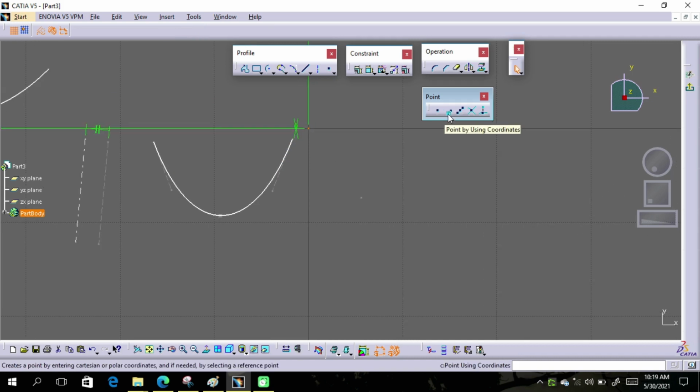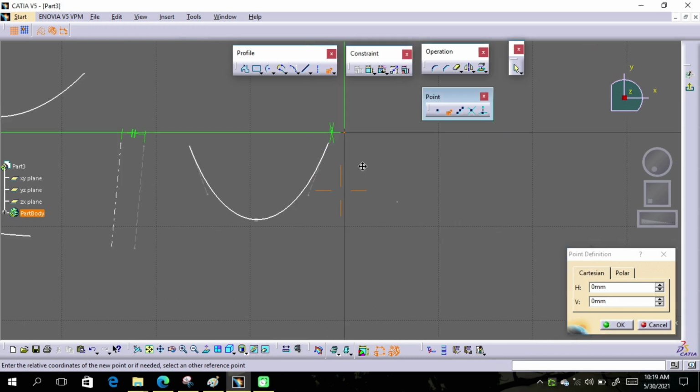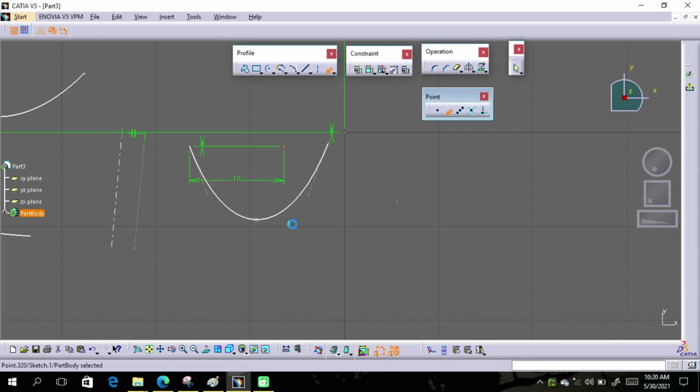Next option is point by using coordinate. The method is very similar, and you can use your manual coordinate, like this is my manual coordinate, and from this coordinate I want to make a point 10 mm in the x direction. So just horizontal value 10 and vertical value 0, and okay, 10 mm far from this point.